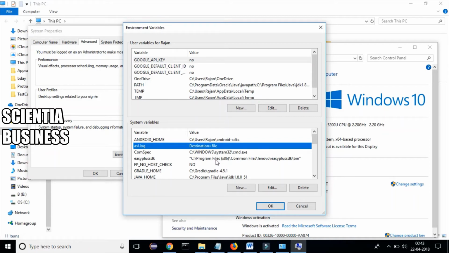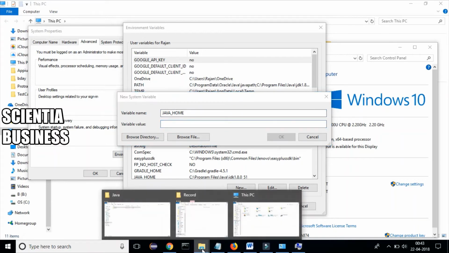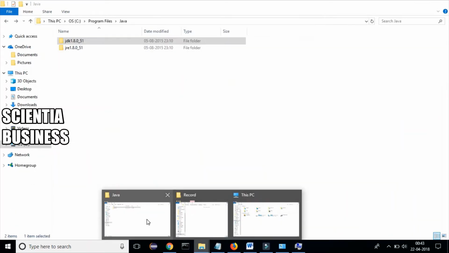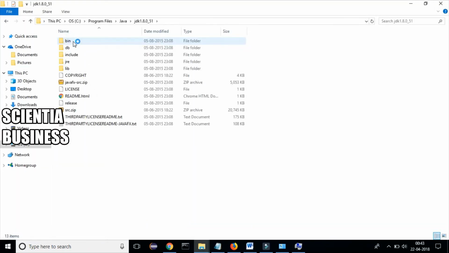In order to create it, you just need to click on this New button, and as soon as you click on it, give your variable the name, and in our case the name of the variable will be JAVA_HOME. Once you've given the name, you need to give the value. Here the value will be, just go back to the folder where Java has been installed, go inside the JDK folder, and copy this path.